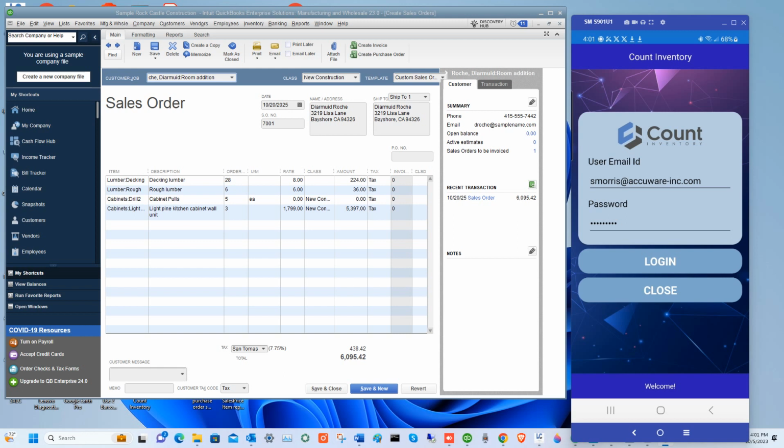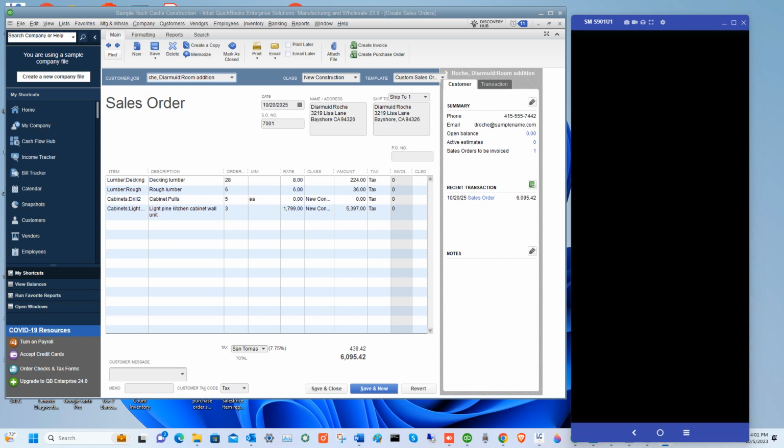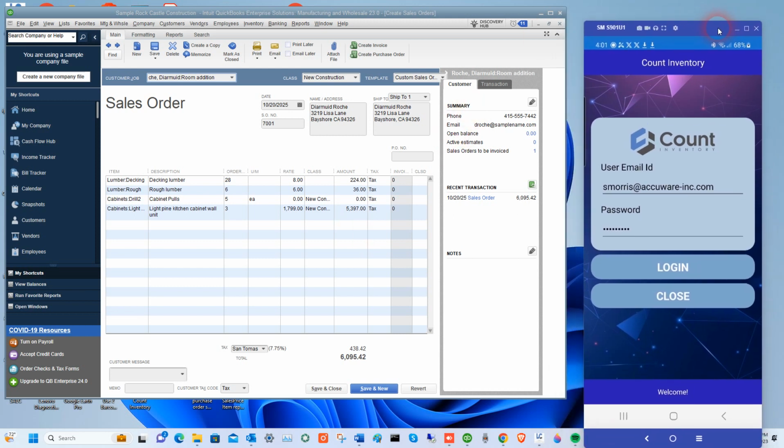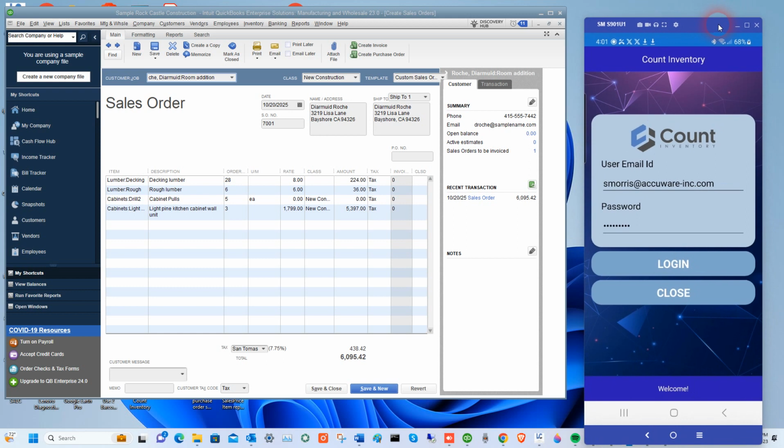Okay, I want to review our latest feature that we've added to our mobile app. Our app is called Count Inventory for QuickBooks, and you can see I've got it open here on our little Android viewer. This is actually running on my Android device, and the reason we first made it for Android